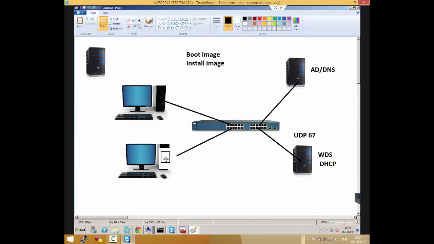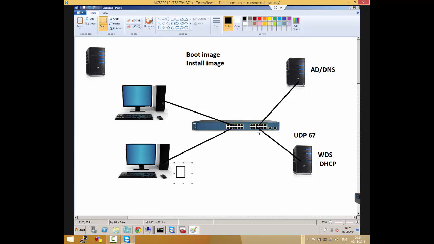So it loads this one directly to RAM to run an operating system for the computer. When the computer loads into the operating system that it's already downloaded to its RAM, it transfers the WDS client to itself, and that WDS client will now establish a session with the WDS server.